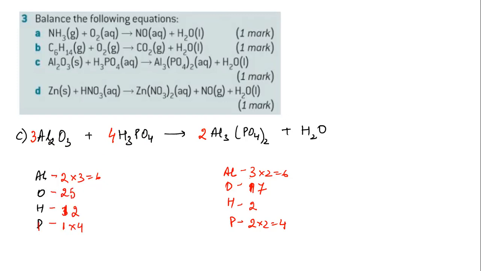So hydrogen is balanced or not? If you write 6 there into 6, hydrogen is balanced. Now here oxygen will become 2 into 8 is 16, 16 plus 6 is equal to 22. So hydrogen is 22 now, oxygen is 22. So everything is balanced except oxygen now. Yeah, that's where I was stuck. Do it.